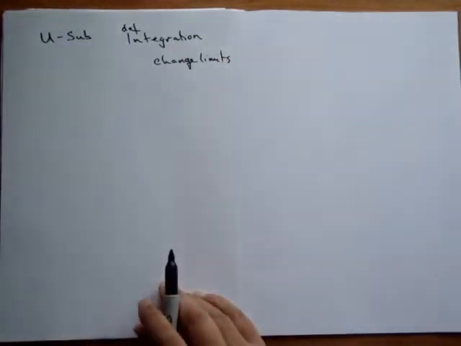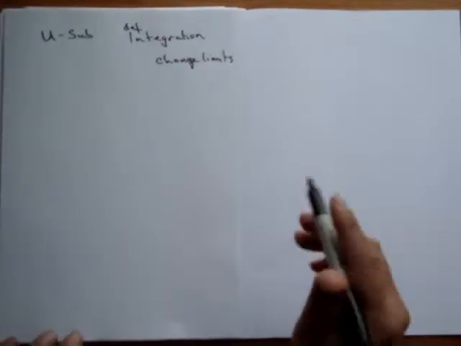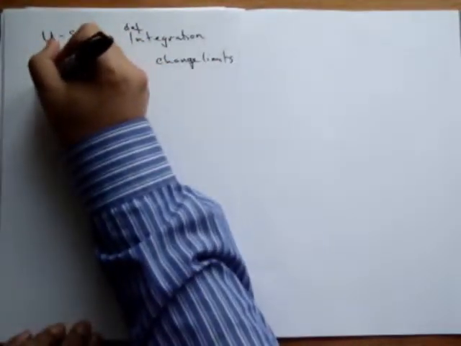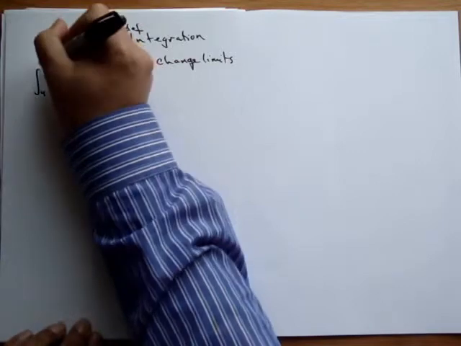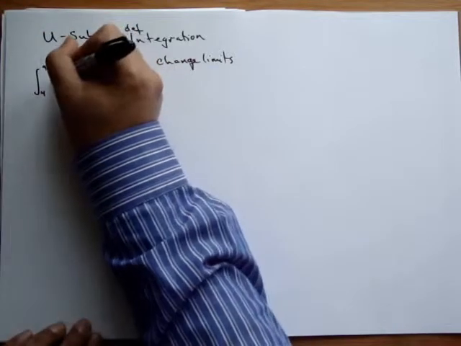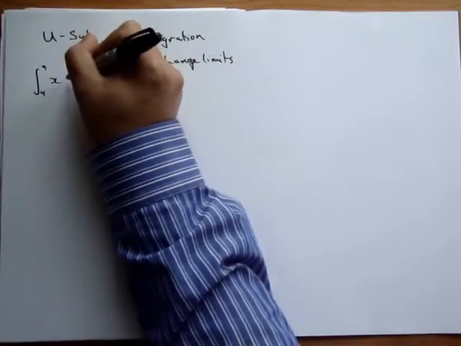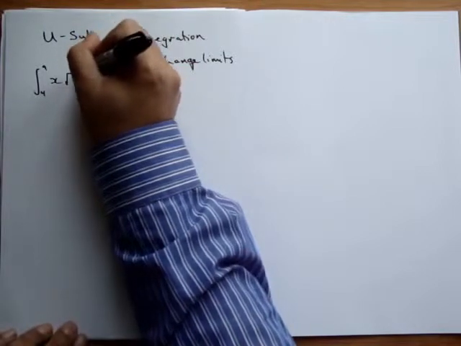So what do we mean by that? So if we have a definite integral, say between 4 and 9, those are the limits of x, square root of x squared plus 5